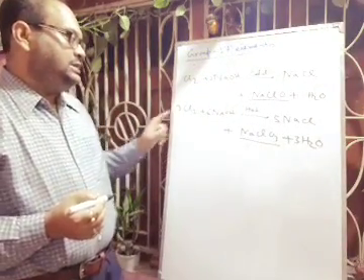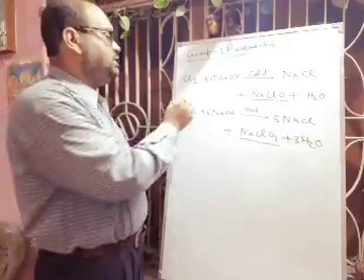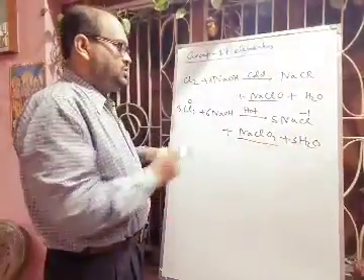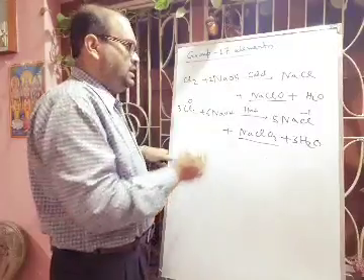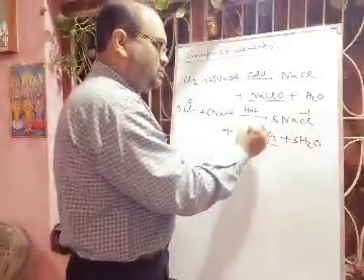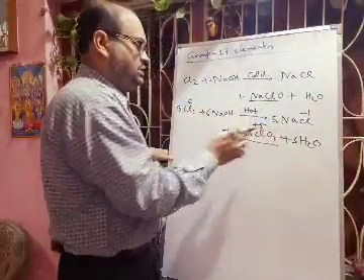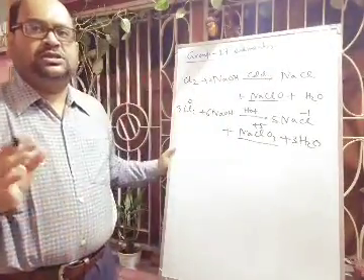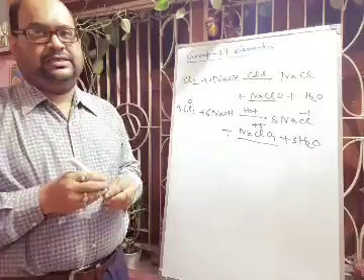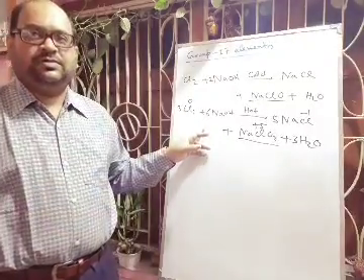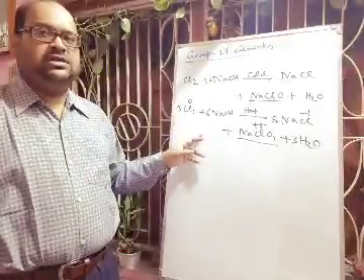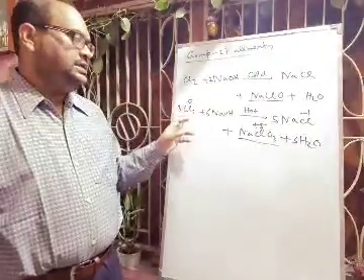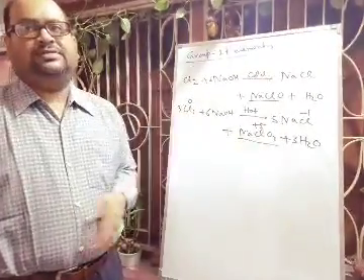Now in this reaction you see that here chlorine is in the 0 state and here we are getting chlorine in the -1 state. So this is reduction. And here chlorine is in the 0 state, and in this case chlorine is in the +5 state. So here it is oxidation. Okay, the same substance is reduced as well as oxidized, so this is called a disproportionation reaction. So this reaction is an example of a disproportionation reaction in which the oxidation state of chlorine changes from 0 to -1 and in another case 0 to +5.